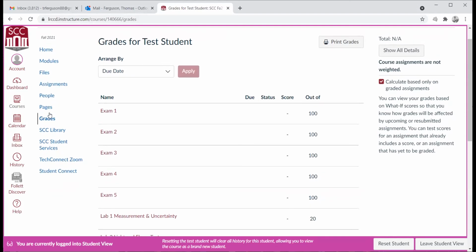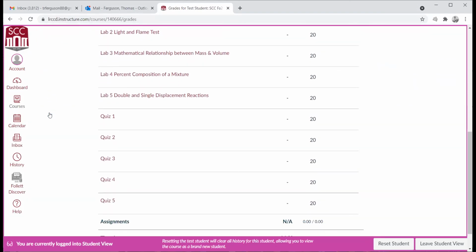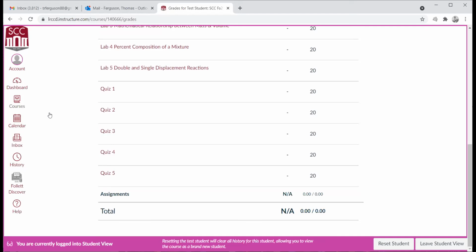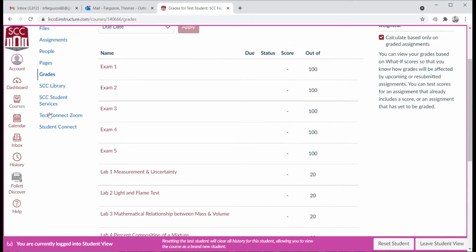These are your assignments, and I did not include your final on here. I don't know why I didn't include the final, but anyway, there's going to be an additional final exam for 200 points. So when you go to grades,